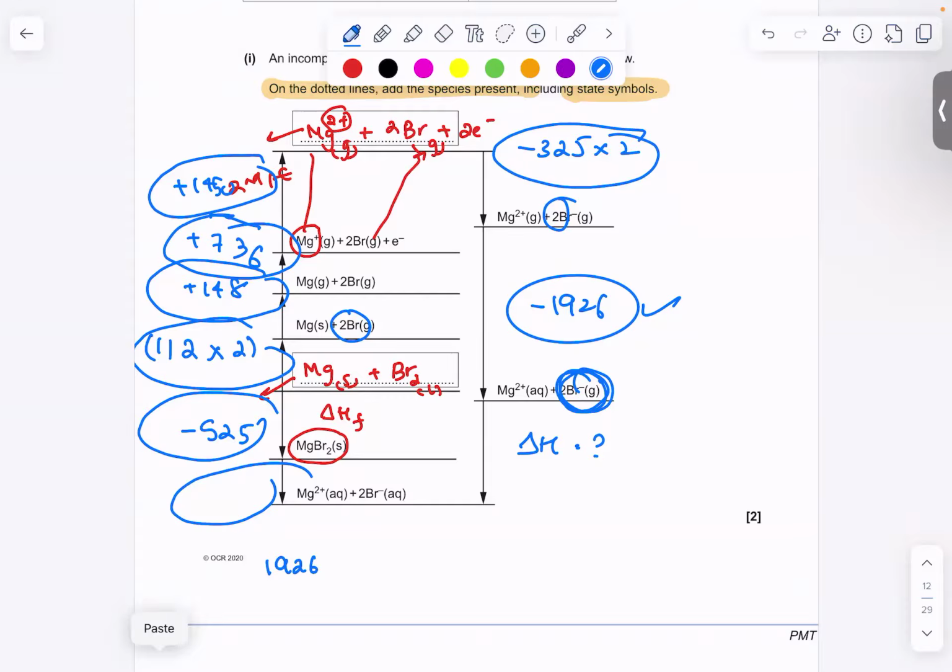So that would be 2558 minus 650 is equal to this. So, and then minus